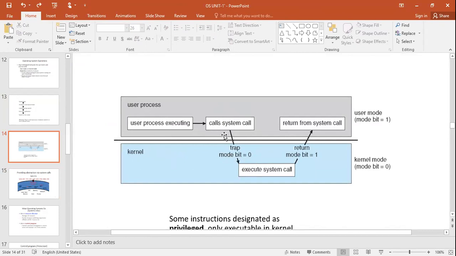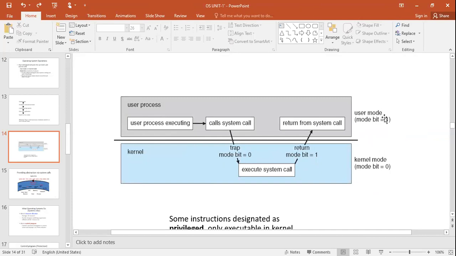As I told you, user mode, kernel mode, right? If it is 0, execute the system call. That means it is in the kernel mode. And once it was over, again the bit was set to 1 so that it enters the user mode. So kernel mode bit is 0 and user mode bit is 1.